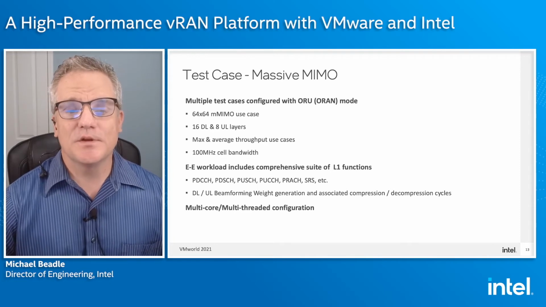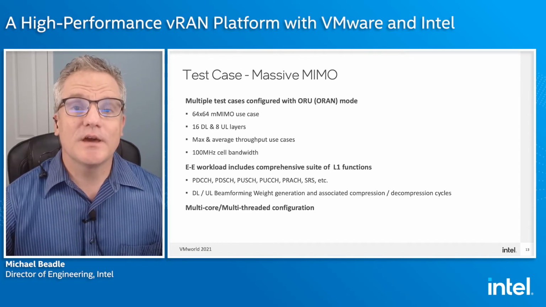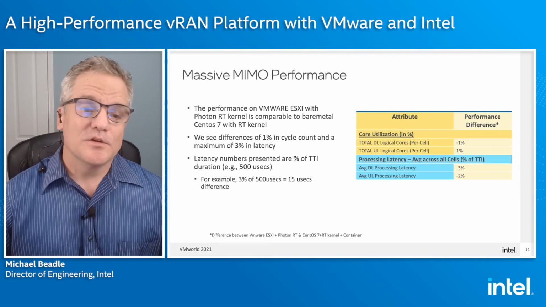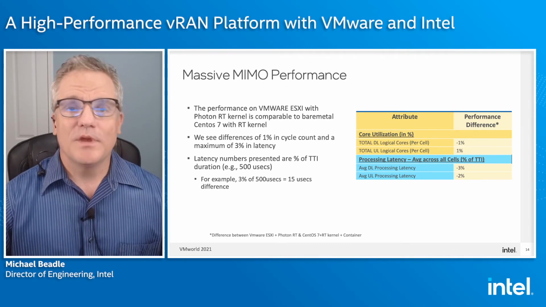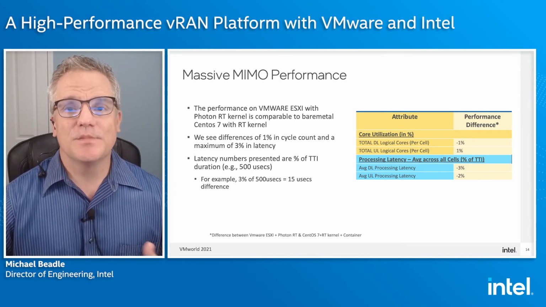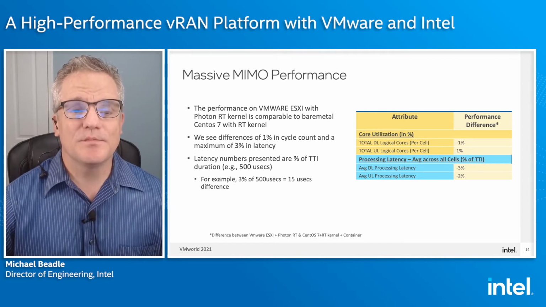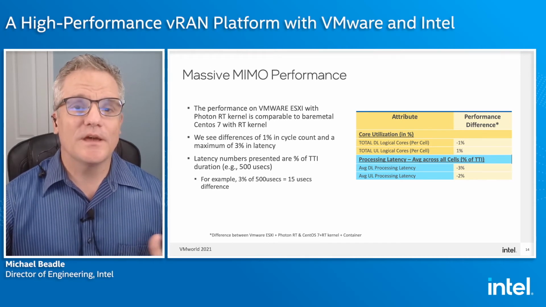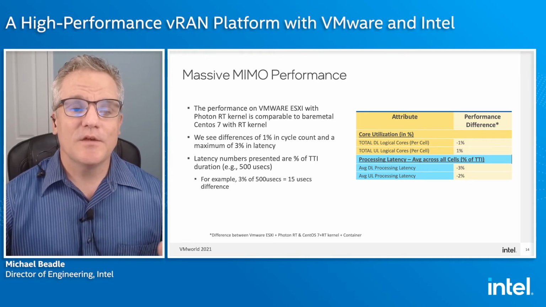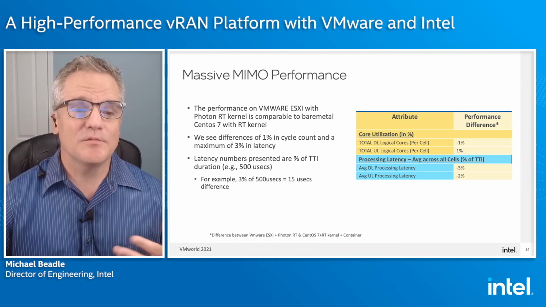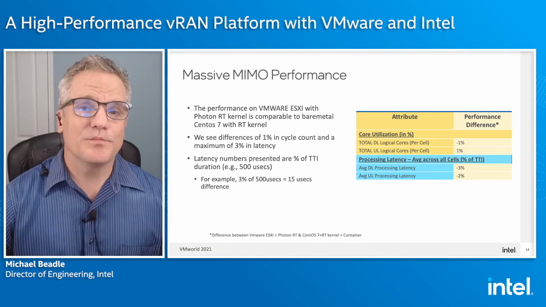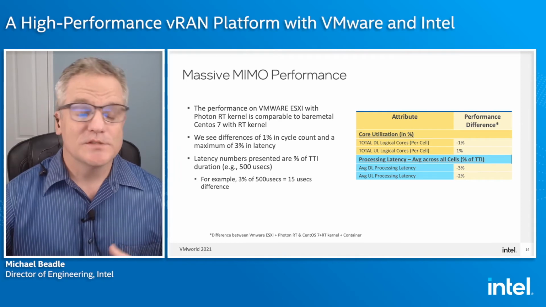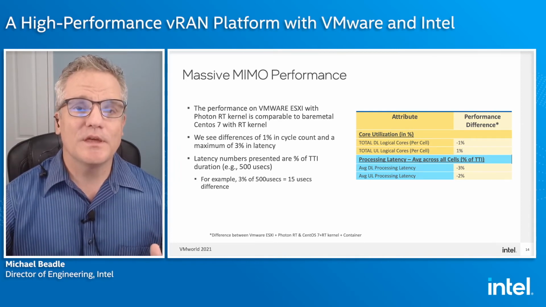So the idea is that it's a pretty heavily cycle count intensive use case, and it's a good one to show relative performance. Okay, we have a reference number. We use basically open source Linux, CentOS 7 based with a real-time kernel, as a reference, and then we have data with FlexRAN running on that app OS, and we have also run tests with VMware ESXi with the Photon RT kernel, and look at the data, both from a cycle count perspective and also from a latency perspective.